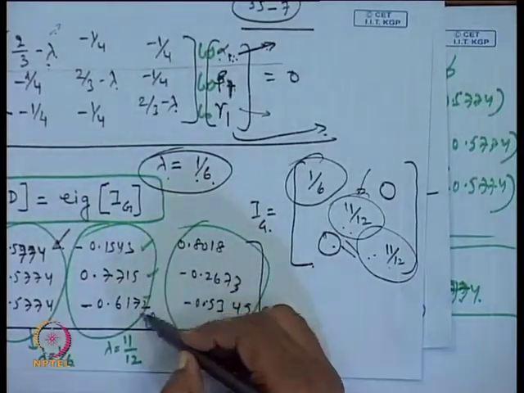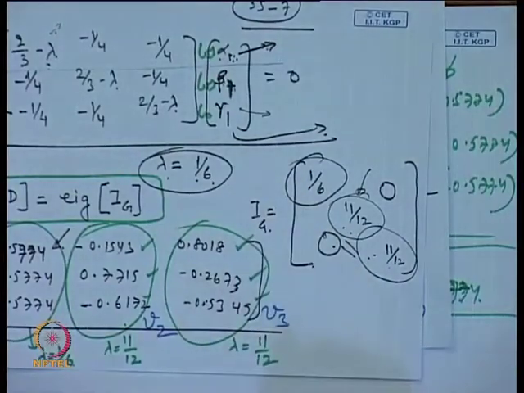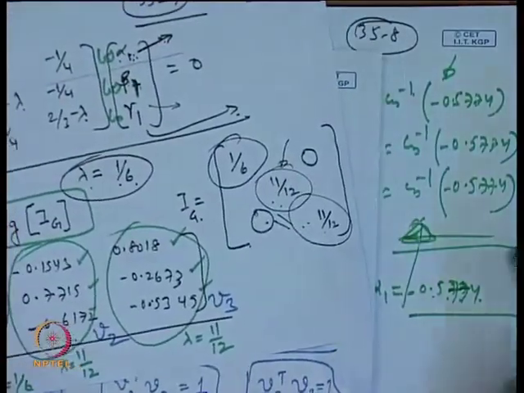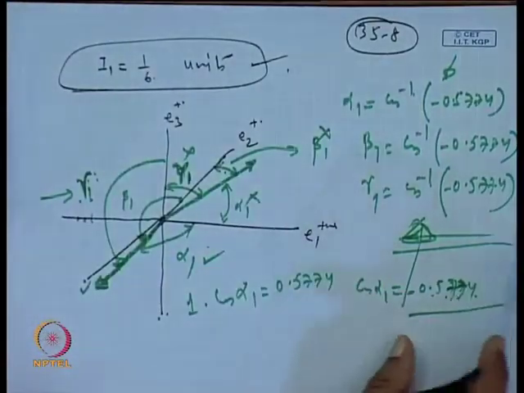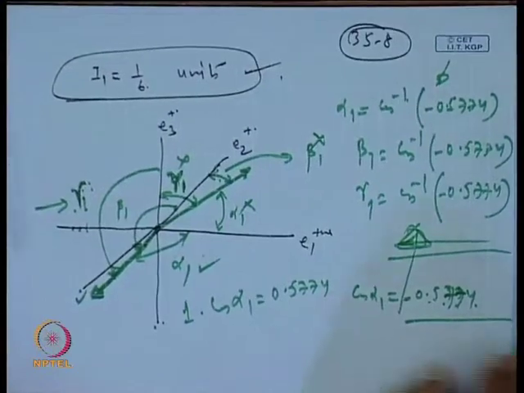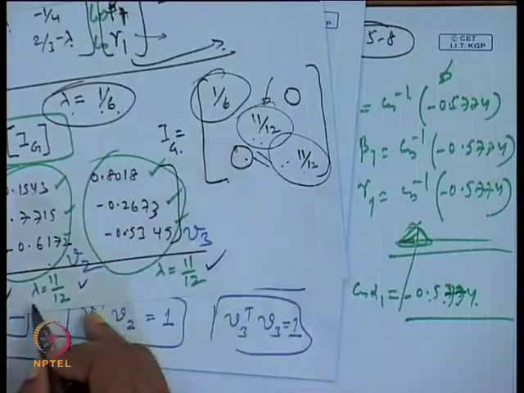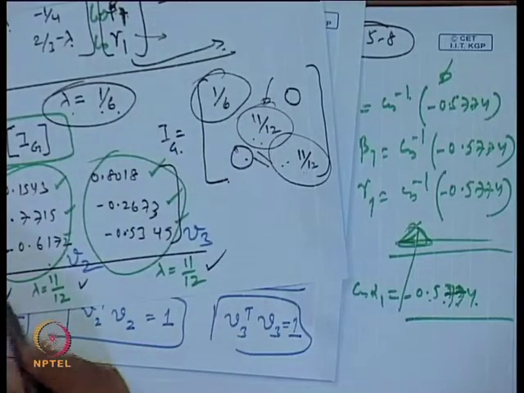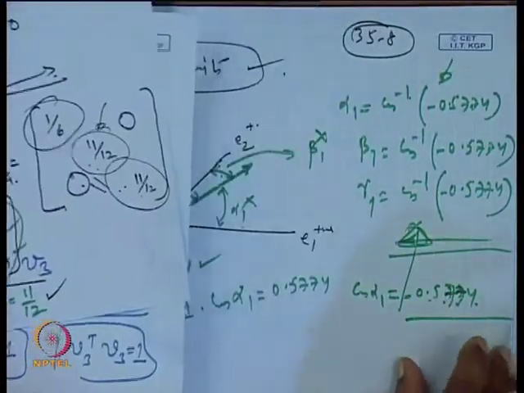and therefore they are indicating the intercepts on the x, y and z axis. So, similarly, these are the intercepts on the x, y and z axis. So, if you use the proper placement of all these points, you will get the location of the principal inertia direction, and the principal inertia magnitude we have already got in generalized units, lambda equal to 1 by 6, 11 by 12 and 11 by 12. Okay, so, this completes our discussion about the moment of inertia.